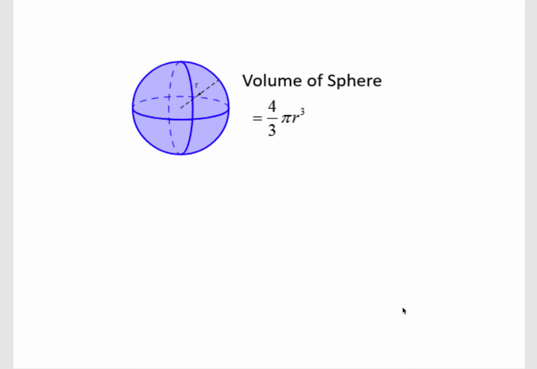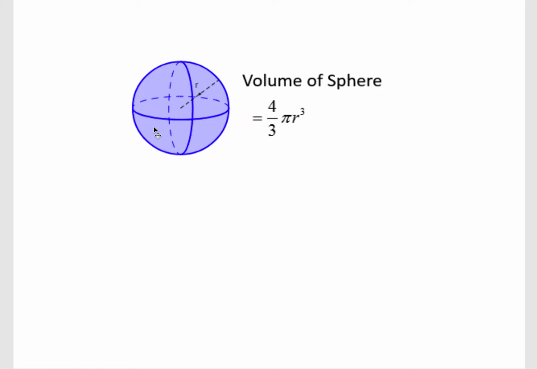Because the volume of a sphere is really not that complicated. The only thing is just trying to remember what it is. The volume of a sphere is just 4/3 times pi times r cubed. Notice that it's cubed. This is the first one that has a cube and not a square, right? So that's it. As long as they give us the radius, we just plug it into the formula and we